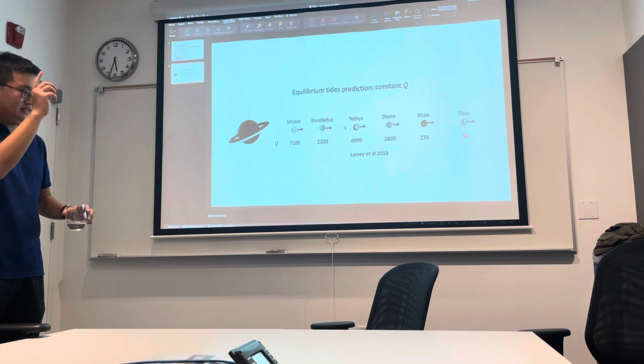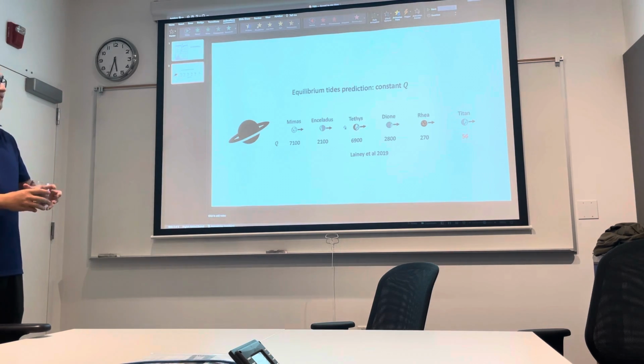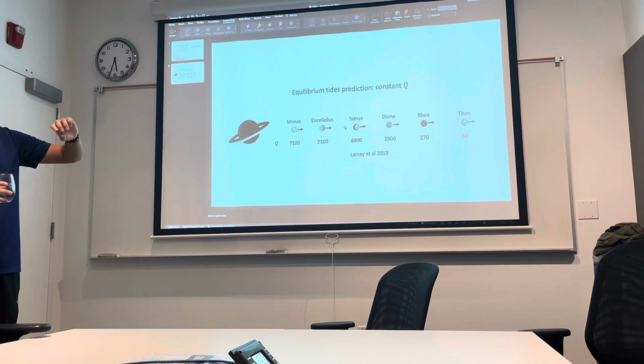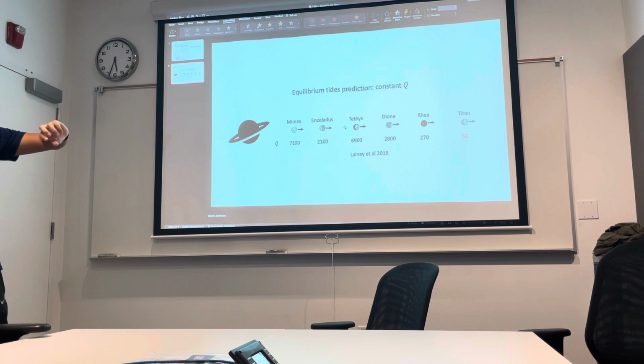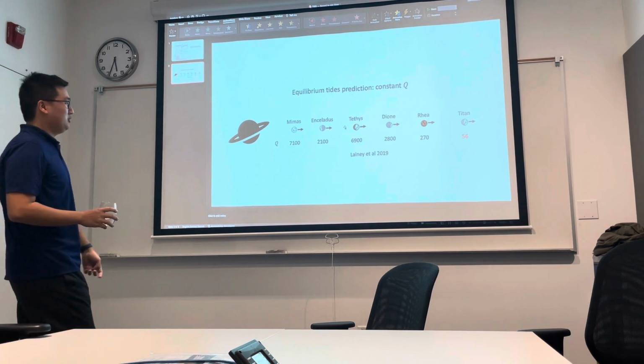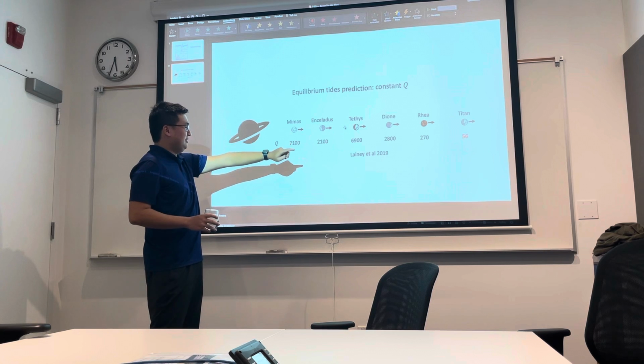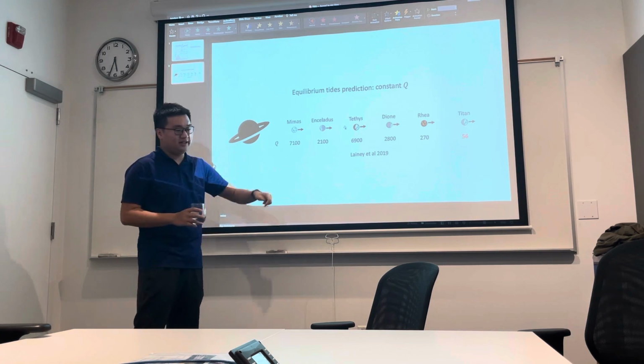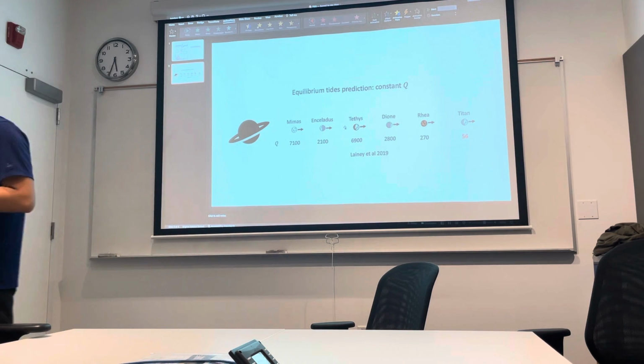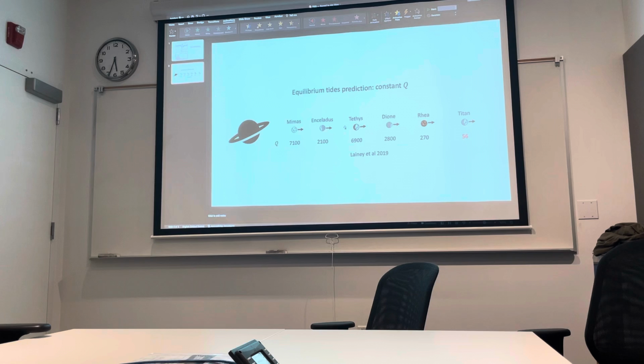That is the phase lag, because it's physically interpreted as a phase lag between the bulge and the orbit, so it must be the same. The actual measurements show that for all these moons, the tidal quality factor is much different. It's actually very different. But if you translate all these Q quantities to the tidal migration timescale, you find that they are remarkably similar, and they are almost exactly at the